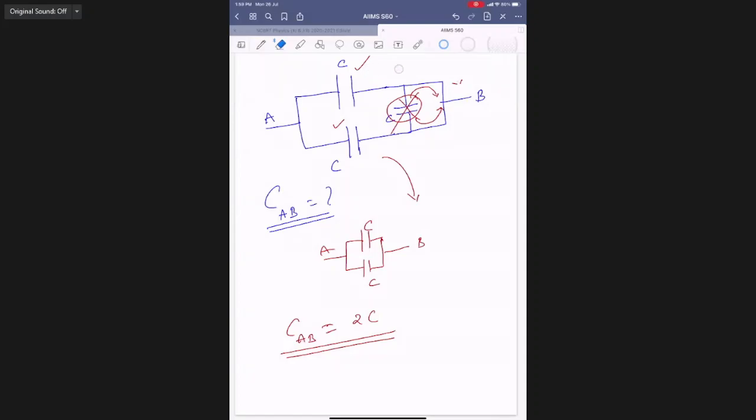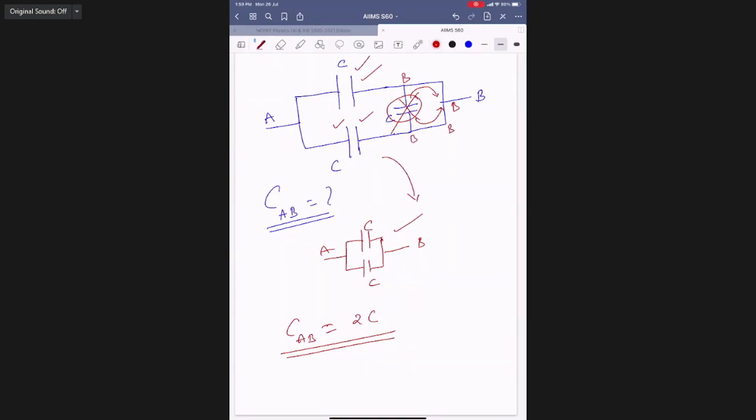What is meant by short circuited? Both ends are connected to the same point. Then it is called shorted. There is no potential difference. So who will be active? This point is B, this point also B, and this point also B, so everything in between is B. So the active ones are between A and B, A and B. So these two are in parallel now. Got it, everybody?